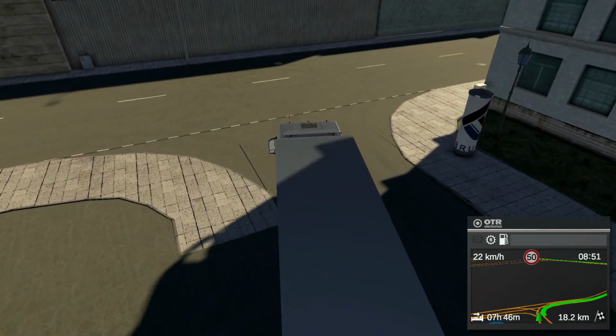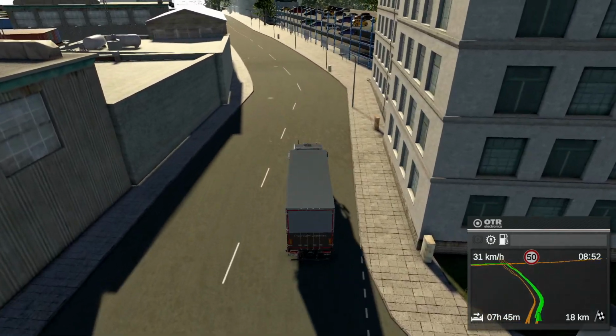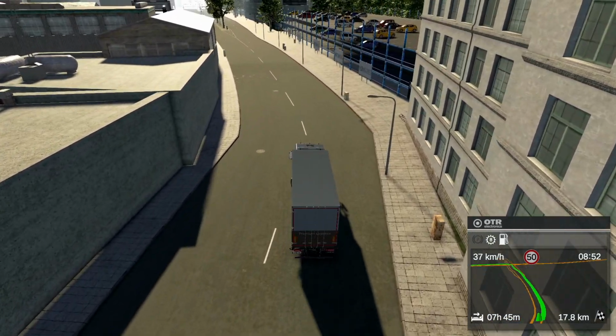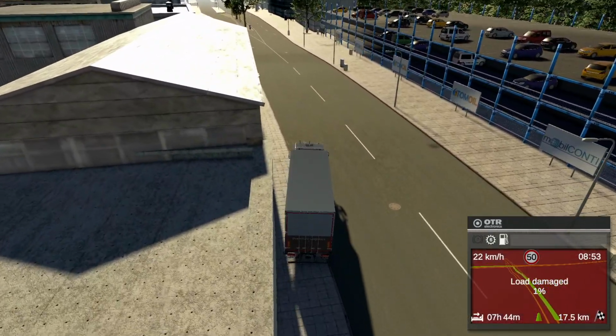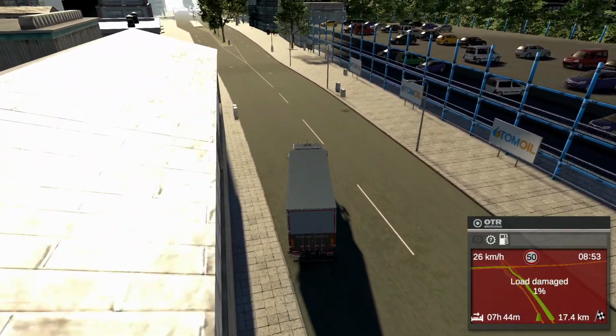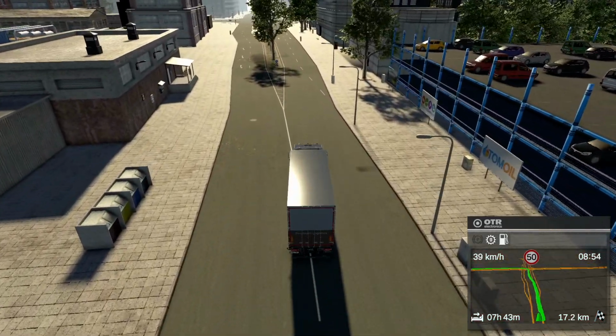And this time, we don't have to worry as much about taking damage. We need to be under 10%, so I'm going to show you real quick. If you run into a wall here, you'll see in the GPS it says load damaged 1%. Now, I highly recommend being cautious,